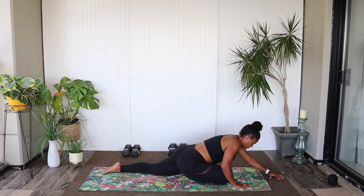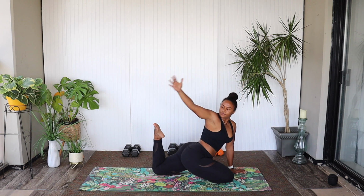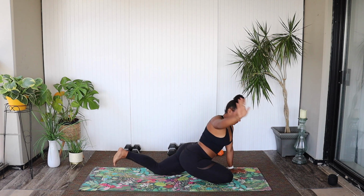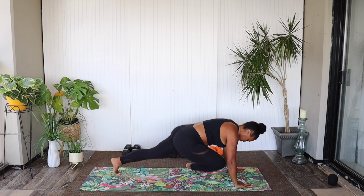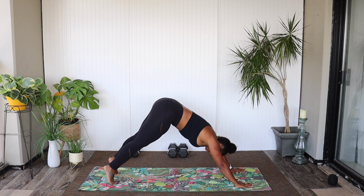Right hand back, left hand back. You're going to bend up your left knee, reaching back for your left foot with your right arm, stretching in through the left quadricep, looking over that right shoulder. Release the foot, place your hands back, step back into your downward dog, releasing into the lower spine, come forward